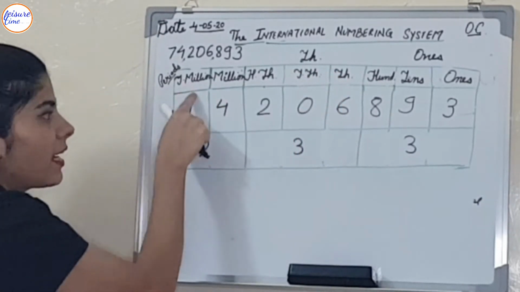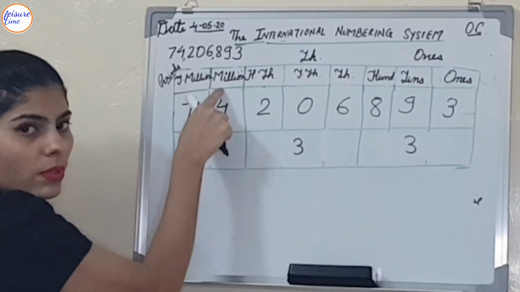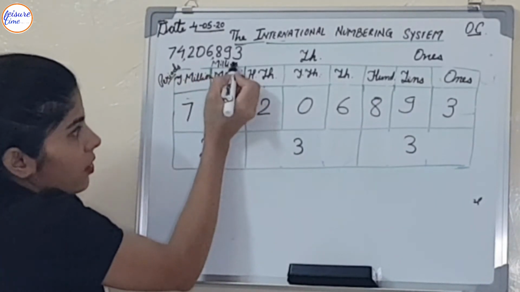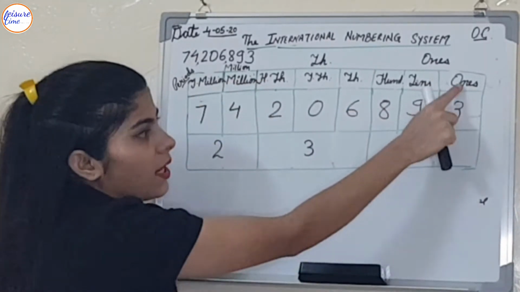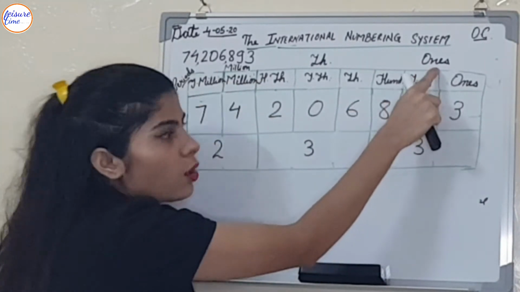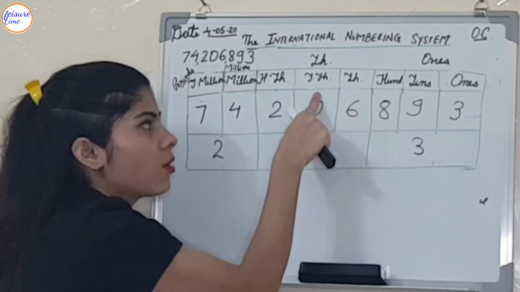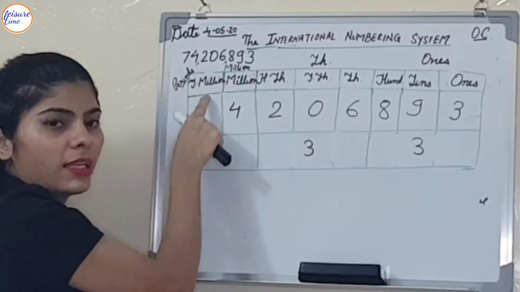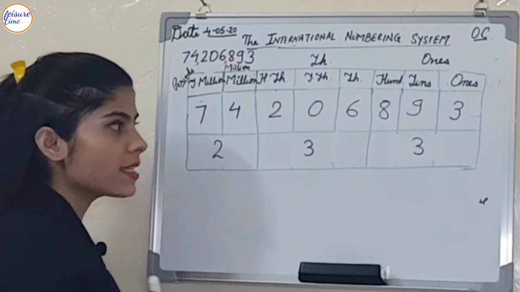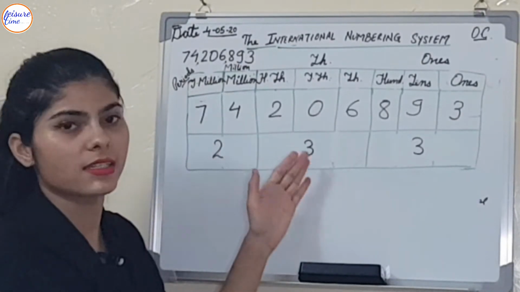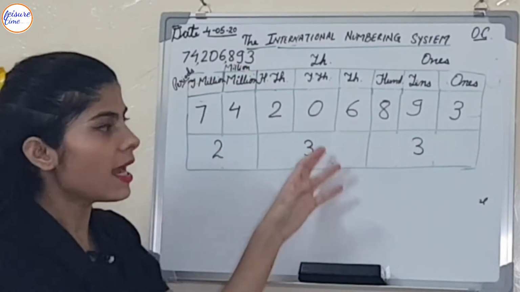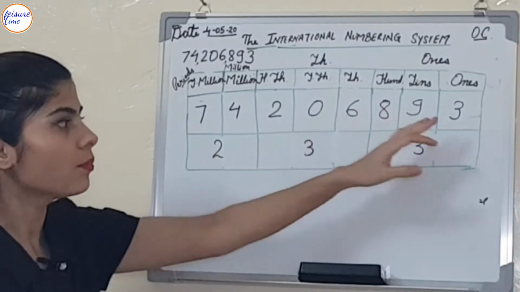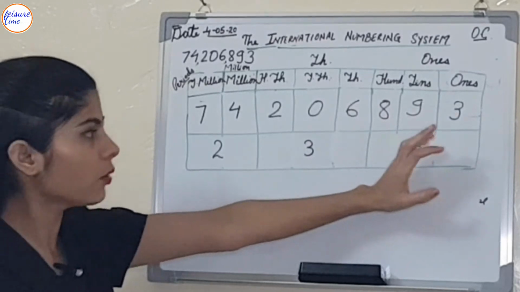Million and 10 million: what is this group? Named the million group. So again, ones, tens, 100 is in the ones group, then 1000, 10,000, 100,000 is in the 1000 group, and then million and 10 million is in the million group. So let's start with the digits. I already made the table and I already separated each and every digit in their places. So how do you write it?